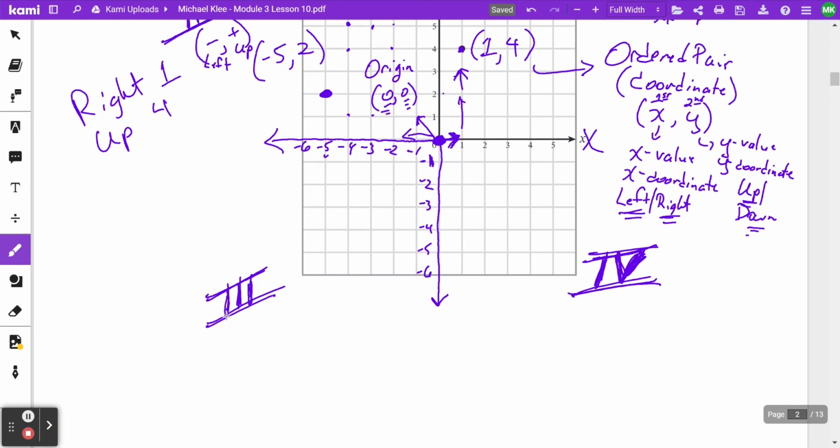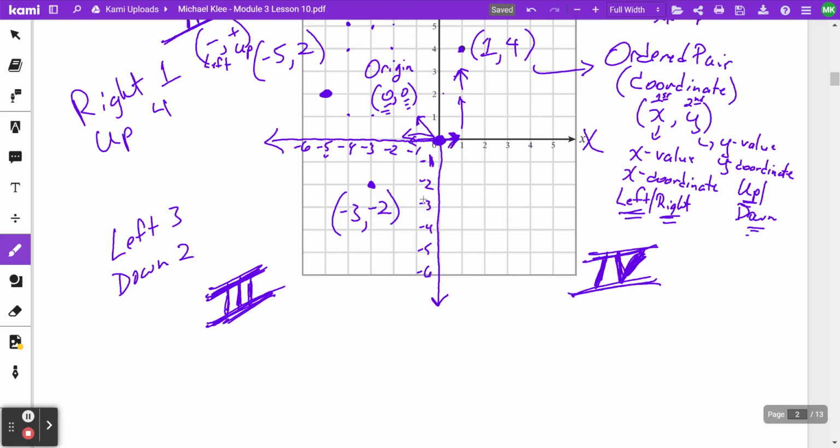Now, hanging out over here in quadrant 3, it has its own little behavior. Let's say I want this point right over here, okay? Well, in this case, I'm always going to be going left of the origin, right? Always going to go left, and then I'm going to go down every single time. In this case, I'm going to go left 3 and then down 2. Well, for this particular ordered pair, if I'm going left, I'm always going to have a negative, so it's -3. And then I'm going to go down every single time, so my y value is always going to be negative